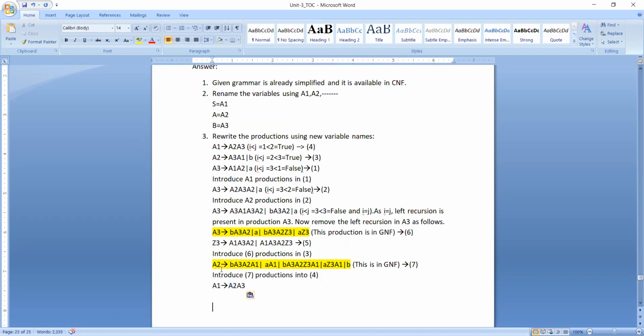And every time we need to replace this A2 with each and every production of this one.